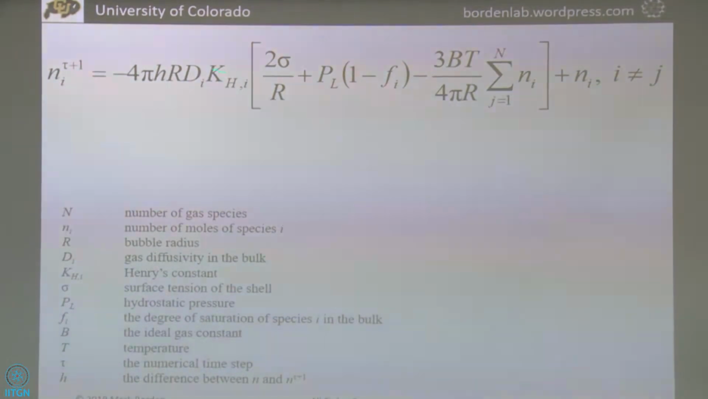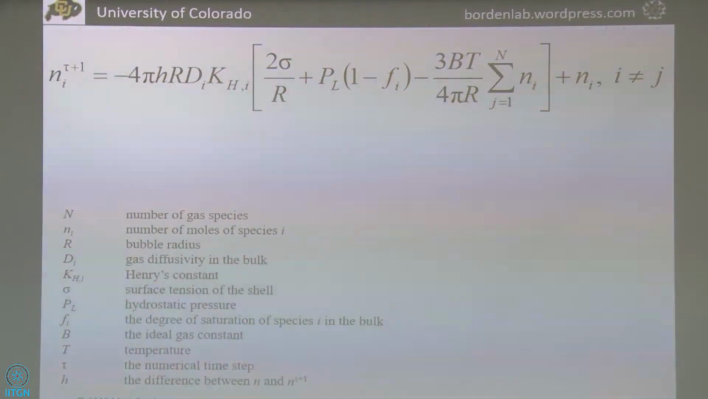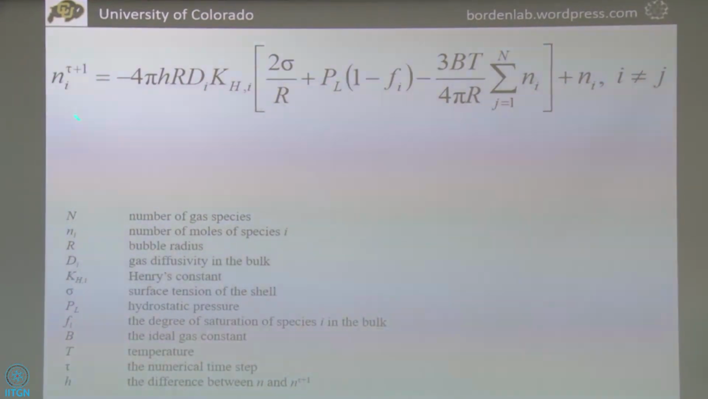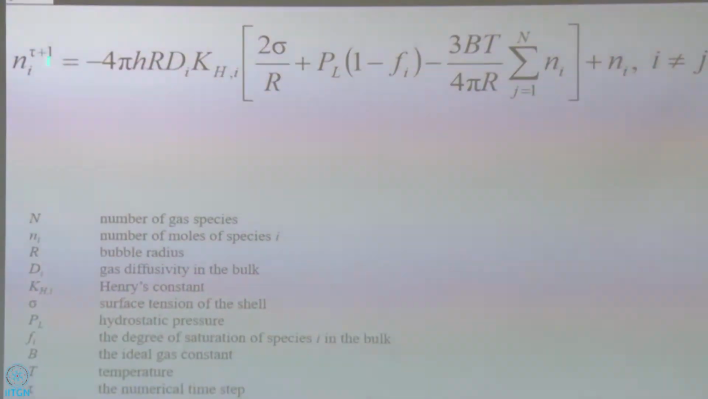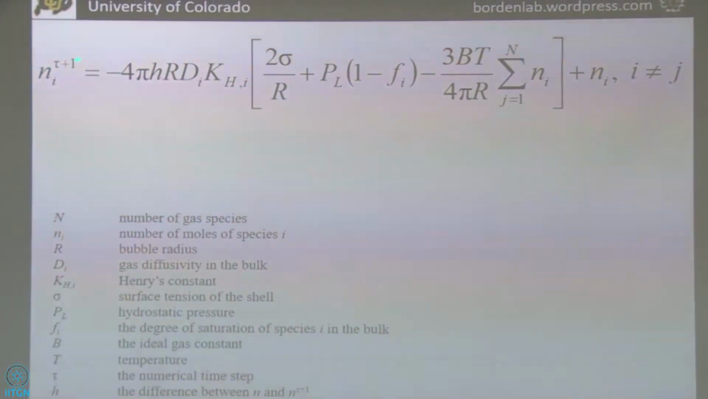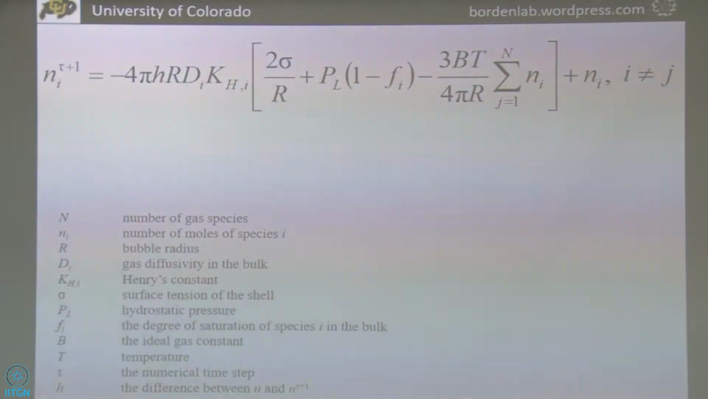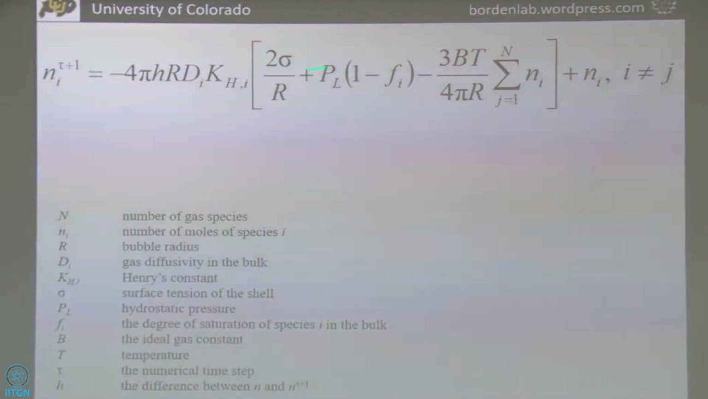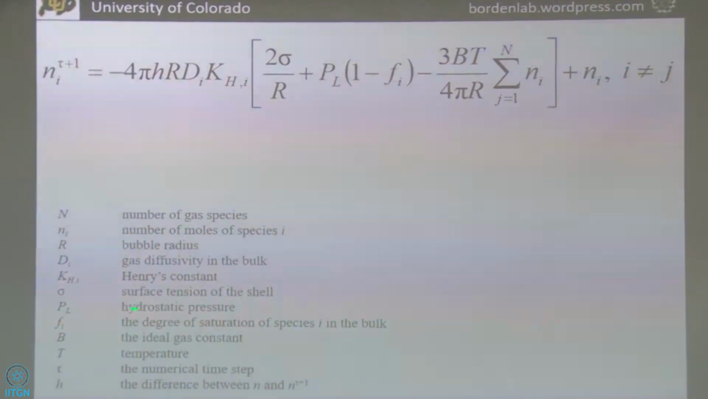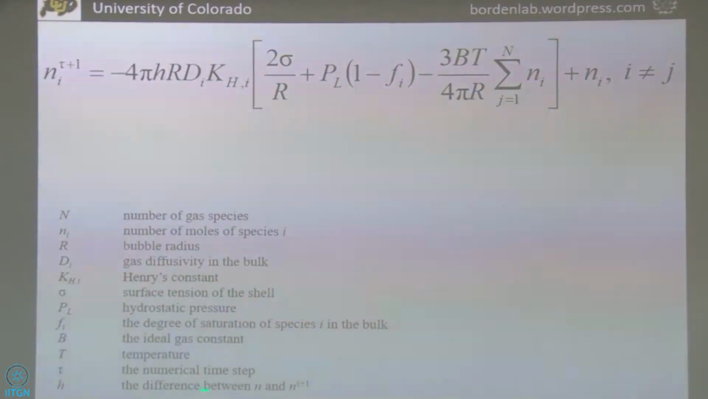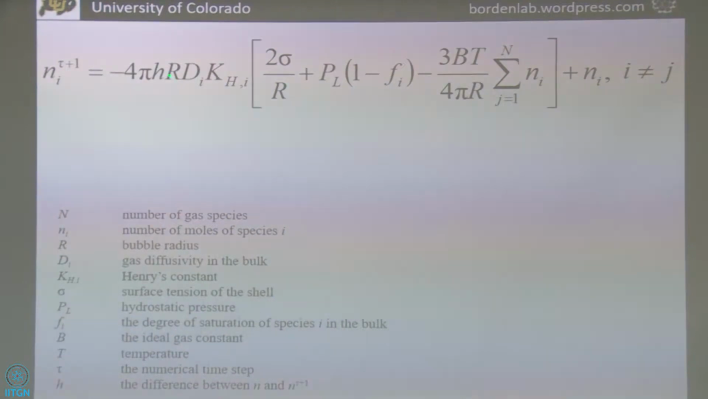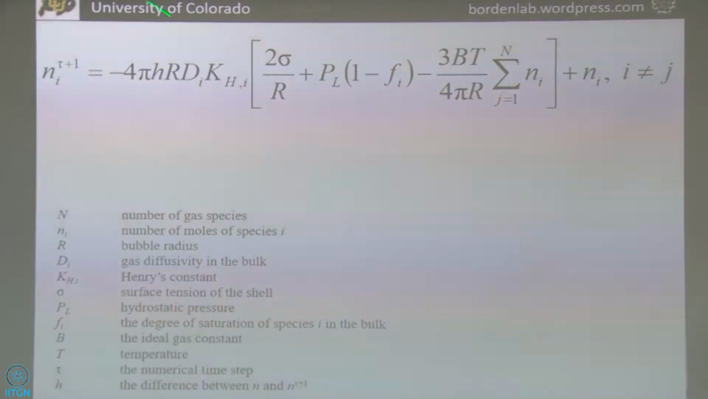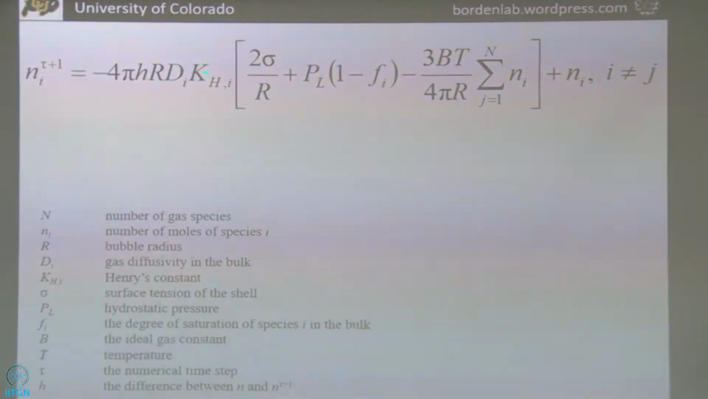And this is basically the Epstein-Plesset equation in discretized form for numerical simulation. So you have n at tau plus 1, that's 1 time step forward, and n at tau, that's the initial time step. Okay. And we also have terms in here. So h, in this case, is the time difference between n and n plus 1. So here's the time, h, and the dn is here. Okay. And then we have the other terms, the radius of the bubble, the mass diffusivity,